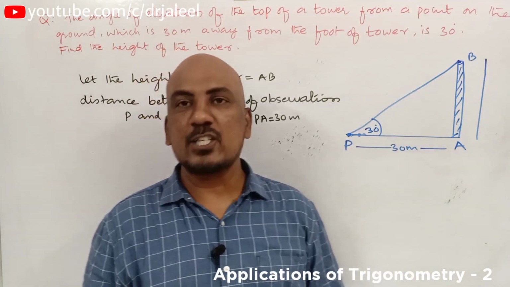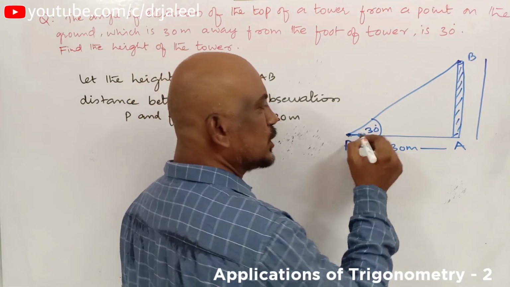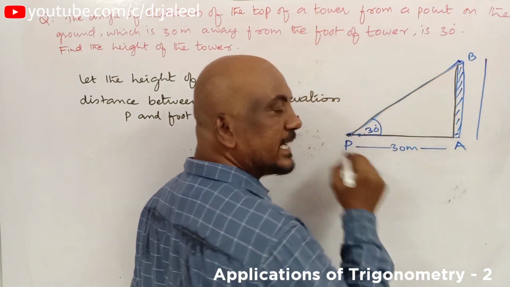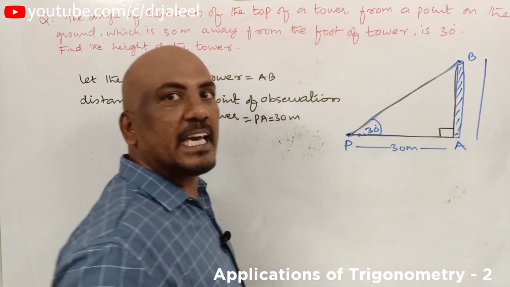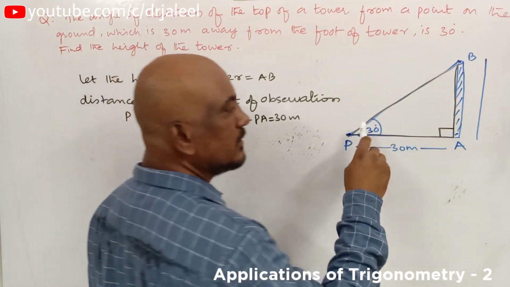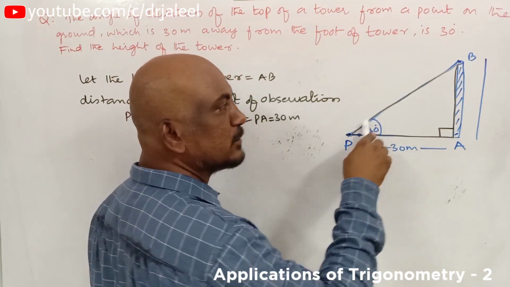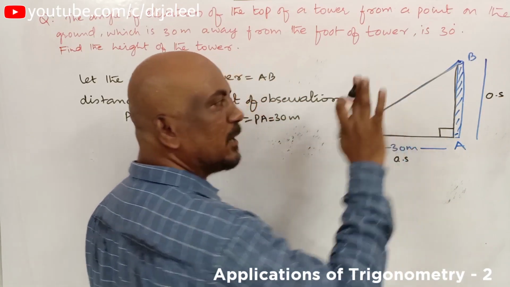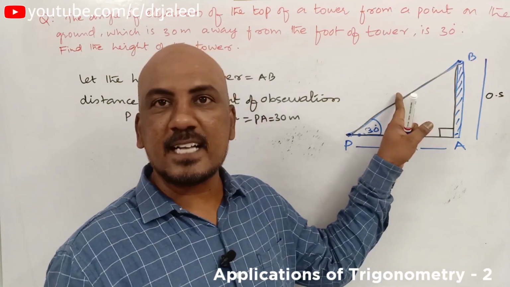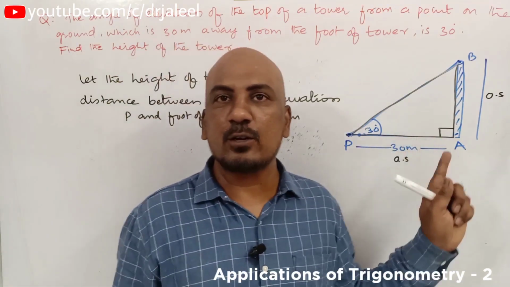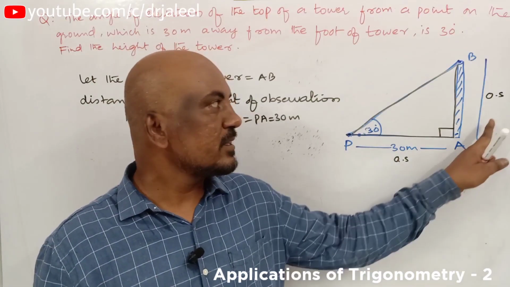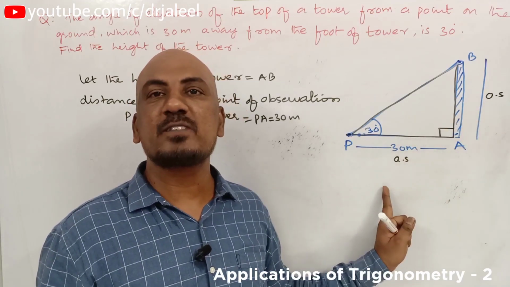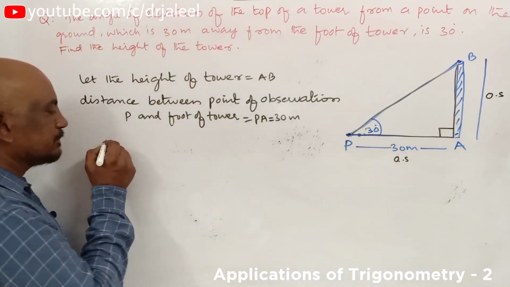So now let's get into applications of trigonometry. So here children, as usual, what is this PAB? It's a right angle triangle and it is right angled at A. So let us name the sides. This is theta. With respect to this theta, this is going to be the opposite side. This is the adjacent side. The hypotenuse is not required. Of course, this is the hypotenuse, but every time we are not going to write it. We are going to do it directly this time. So the opposite side is wanted. The adjacent side is given. So what ratio will we take? Opposite by adjacent.